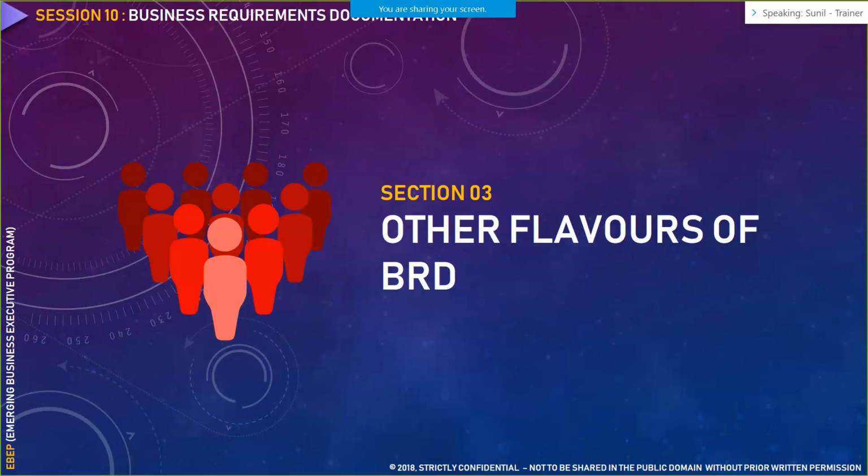And depending on the nature of the project, if the project is more from a marketing standpoint, or more from a finance standpoint, or more from an insurance standpoint, they would have a special section wherein they would detail out their domain specific elements, as in something that is very much specific to the domain that the project belongs to.